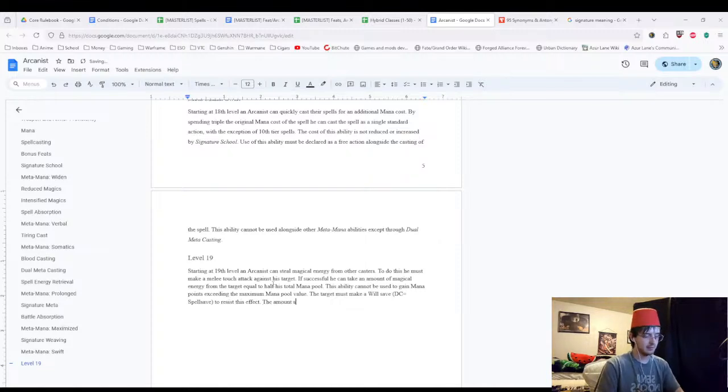The amount stolen from another caster starts by draining his highest tier spell slots and any uneven values deplete